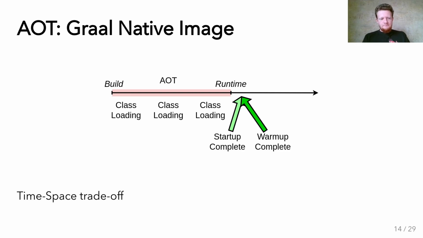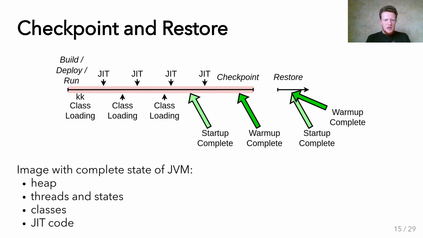What's interesting is that the time-space trade-off can be implemented in this way. In Project CRaC, we explore another way that is called checkpoint and restore. The idea is the following. During the build time or deploy time or actual runtime in your production, we run our application as usual. And at some point we declare a checkpoint that is associated with creating an image with the